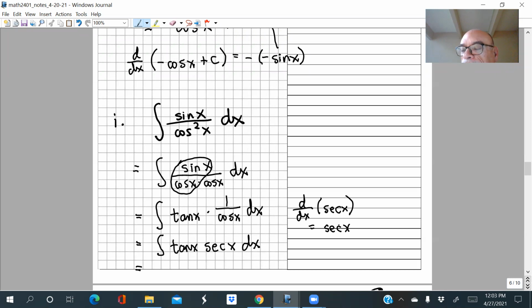Isn't it secant x tan x? Yeah, exactly right, Mohammed. That's exactly what it is. The derivative of secant is secant tangent, right? Y'all have already forgotten those? Wow, y'all just flushed that knowledge right down the drain when you finished the test, but you can't do that. So these are some of the stuff we have to memorize.